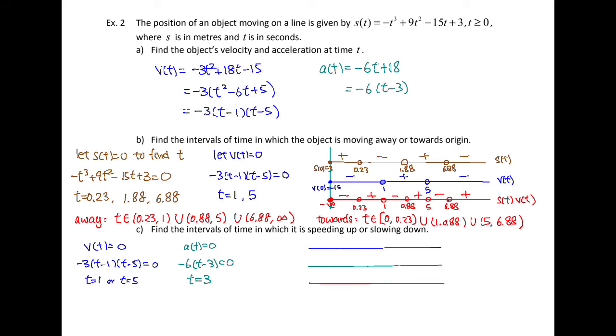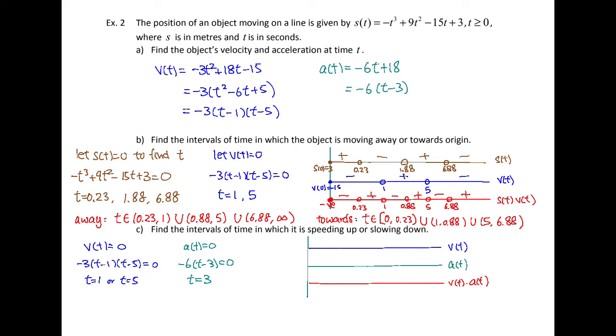First one is our VT. Next one is our AT. The last one will be the VT times AT. Once again, we're going to put all the zeros on the number lines and try to find the positive and